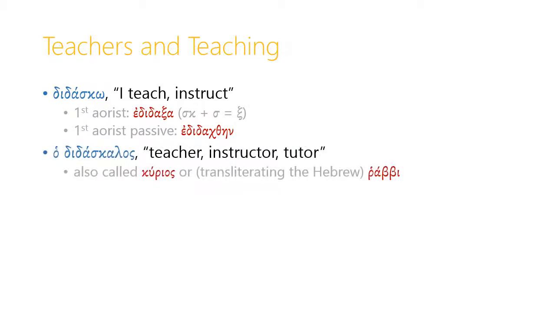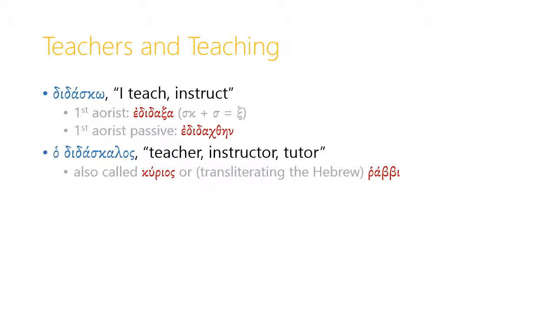The noun for a teacher or instructor is ho didaskalos. And again, you can see the didask stem in there with a suffix on it that is one of the ways Greek can turn a verb stem into a noun stem. The didaskalos is also sometimes just called ho kyrios, master, particularly by the student. The student usually wouldn't refer to the teacher as ho didaskalos. The student would refer to the teacher as